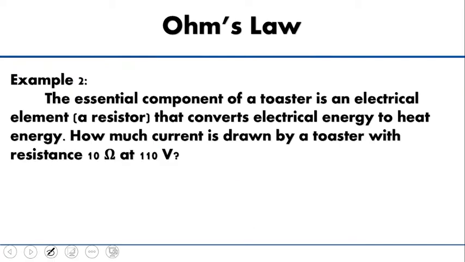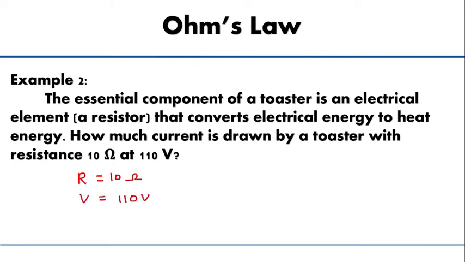Example number 2. The essential component of a toaster is an electric element, which is a resistor that converts electric energy to heat energy. Then how much current is drawn by a toaster with a resistance of 10 ohm and 120 volt? Here we need to find out how much current that toaster is drawing. For that, the given data: R is equal to 10 ohm and V is equal to